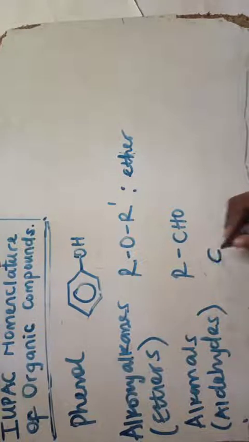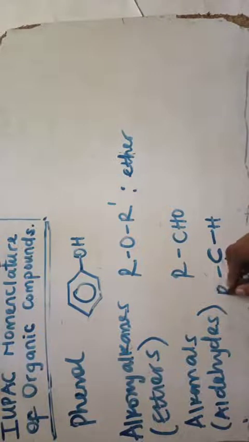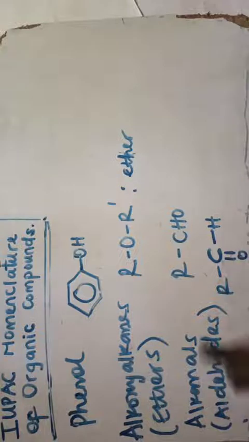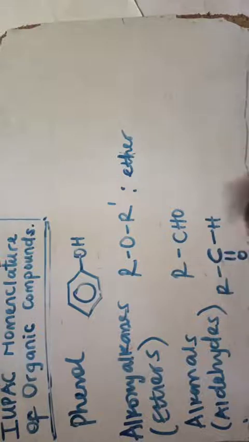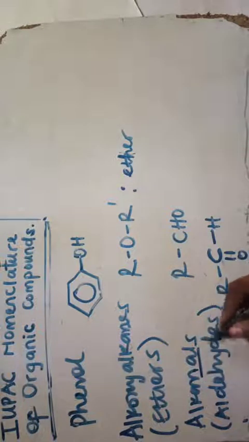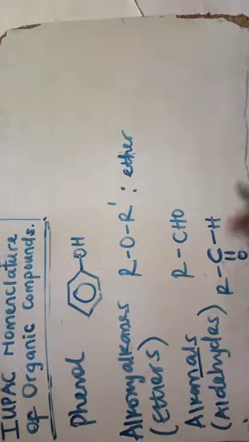So you need to get how you draw this. It's very simple. You have your carbon, you have your hydrogen, the oxygen has a double bond attached, and you have your single hydrogen, and you have your attachment. Don't forget, this is how the diagram looks. This is the molecular structural diagram of an alkanal. And the name ending is what? Nal.